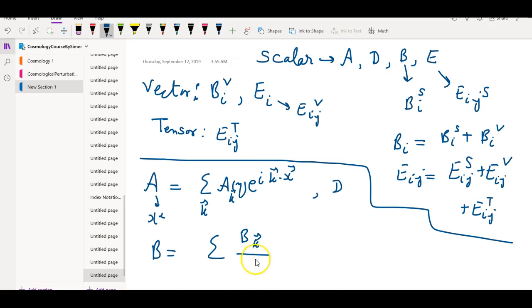We said that we would write b like this, bk. Again, Fourier coefficients are functions of eta only, and e to the i k x, summed over all k modes, and